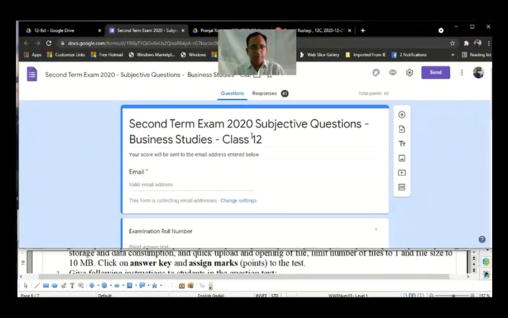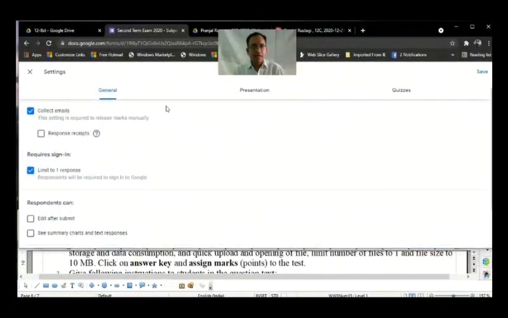So let's begin. First of all, when you create this form, you will go in settings of this form. In general tab, you will tick collect emails and limit to one response. We want to collect emails because the score will be released on these emails.